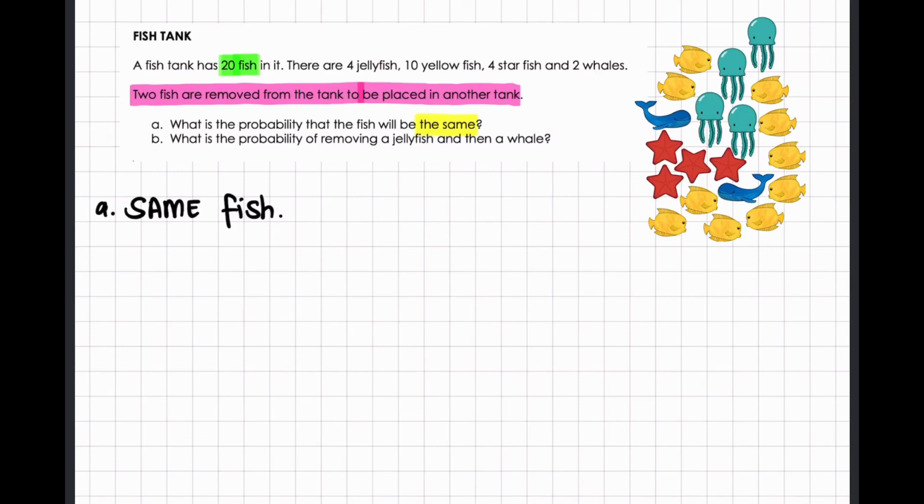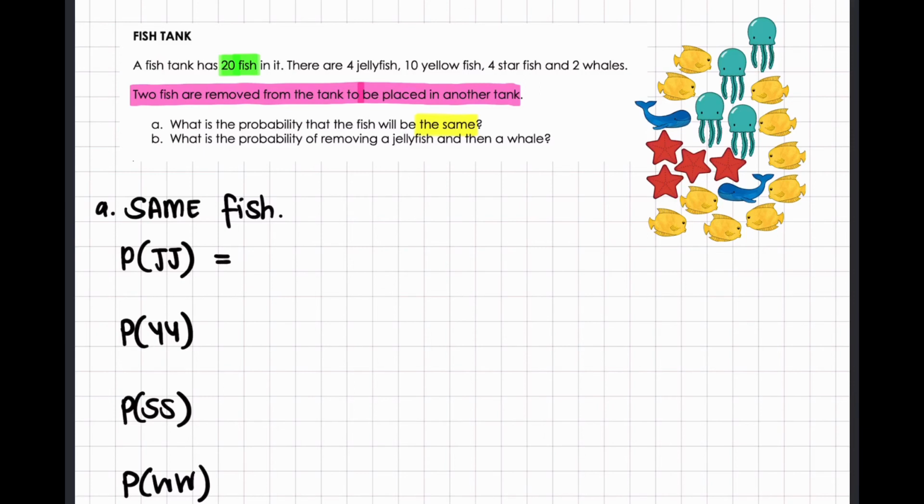So that means that it could be that both are jellyfish, or both could be yellowfish, or both could be starfish, or both could be whales. So these are the different probabilities that would satisfy this condition of saying that the fish have to be the